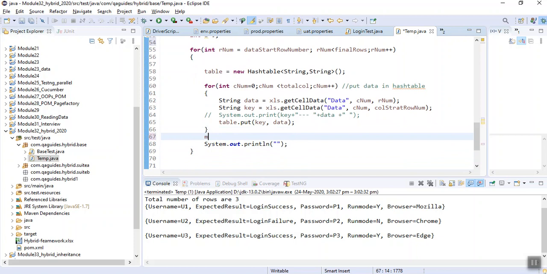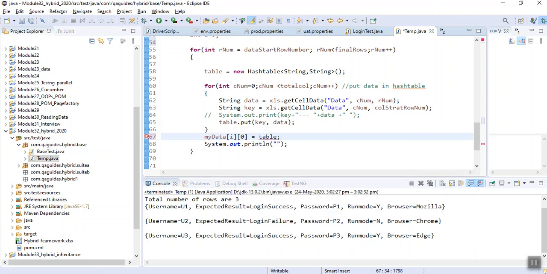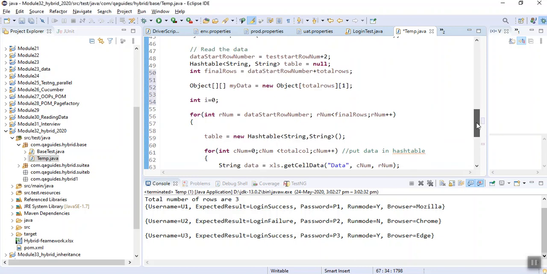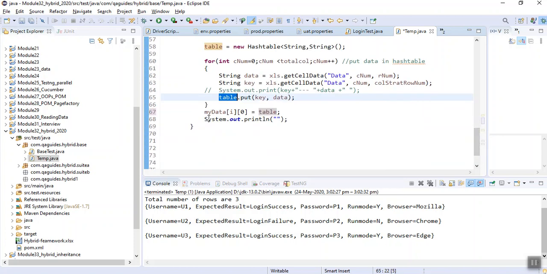Our array name was my data, i is the row, the column will always be 0, and here I can put the table. So we read the data, put it into the hash table in key-value pairs, and then put that data in a 2D array. One more thing you need to do: i plus plus.